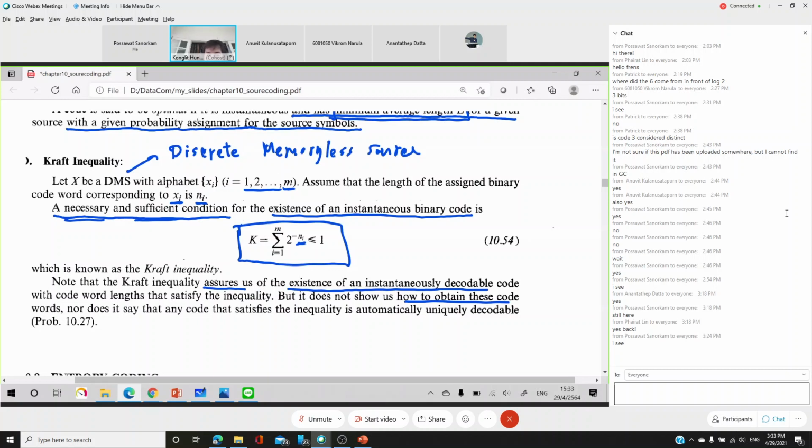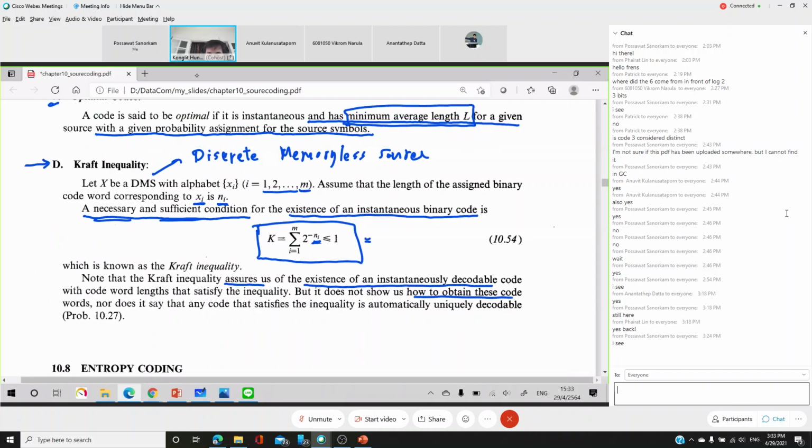And so we're going to sum 2 to the power of minus the length of code i. For example, the length of x1 is 1, plus the length of x2, 2, plus,